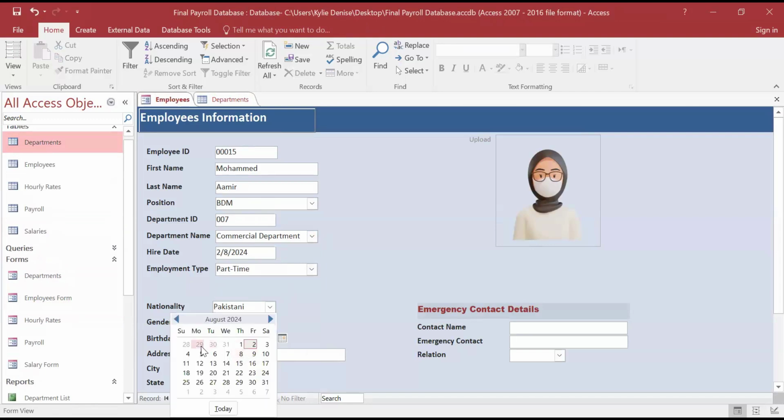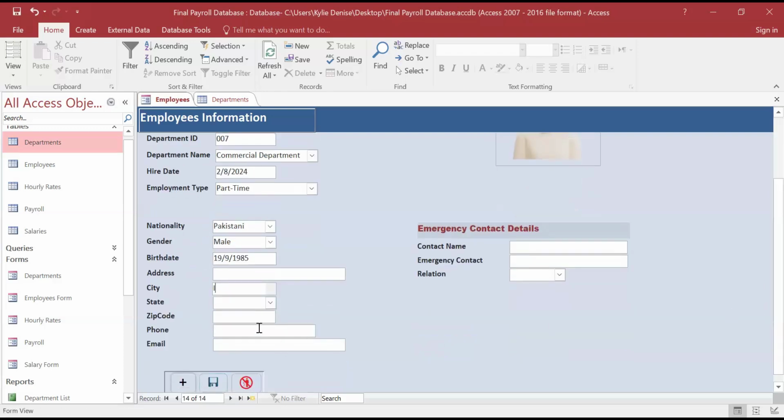Birthday 8 September 1985. What's your city? Lahore. Pakistan.